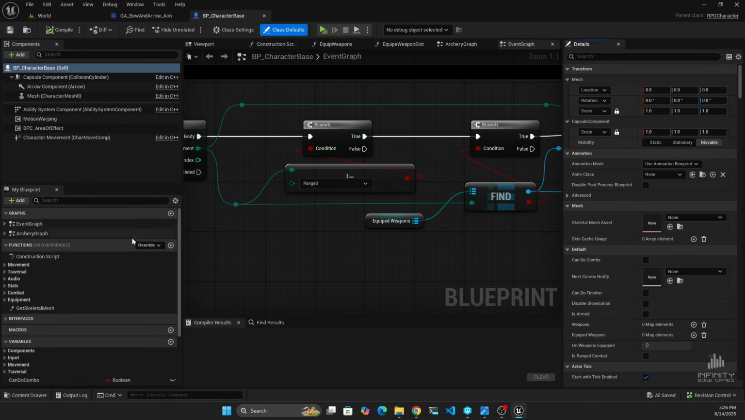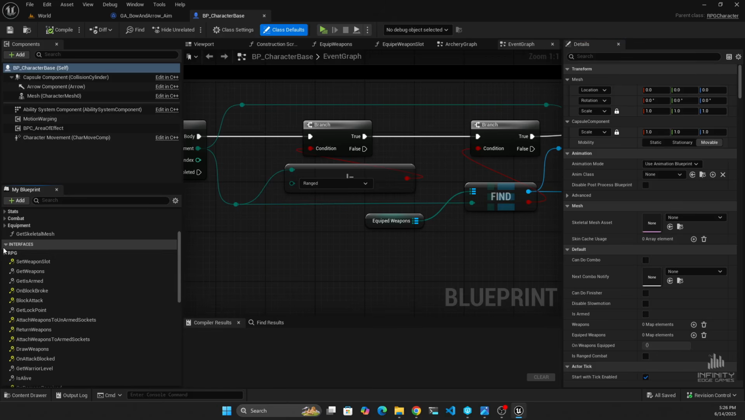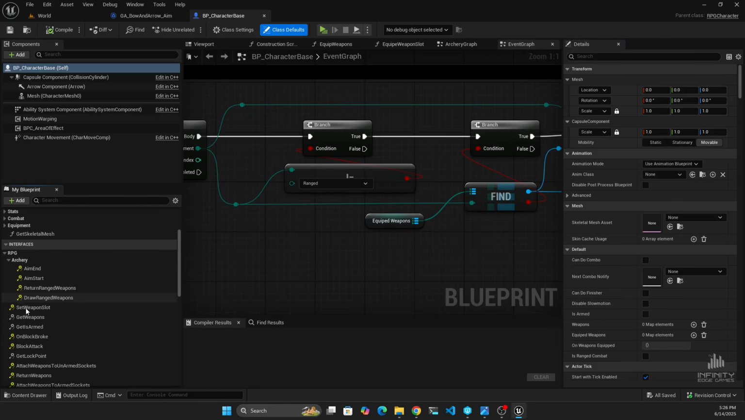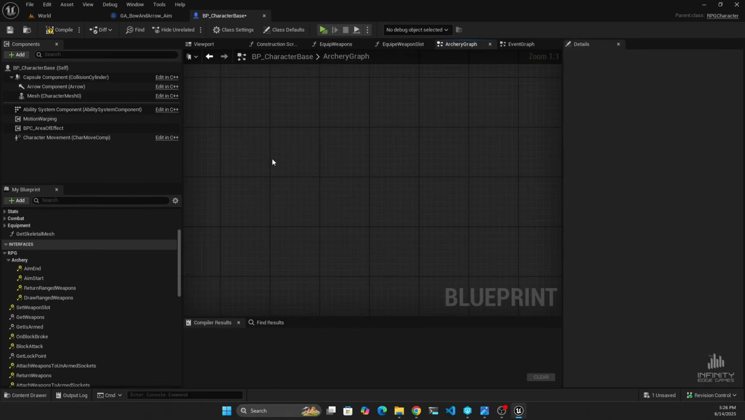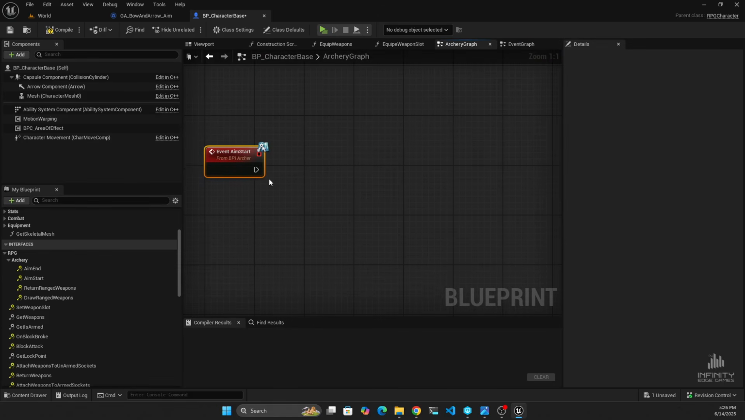Now we need to use the aiming tag to activate this ability when the player wants to aim. We'll implement this logic in the aim start function that we defined in the Archer interface earlier. As in the previous tutorial, I'm going to place all the archery-related events into a dedicated graph. Depending on your preferences, the aim start function can be different,